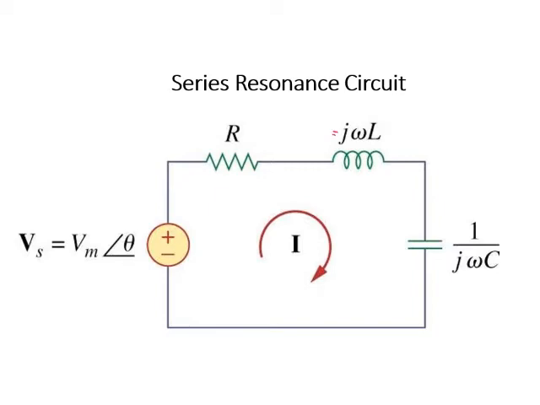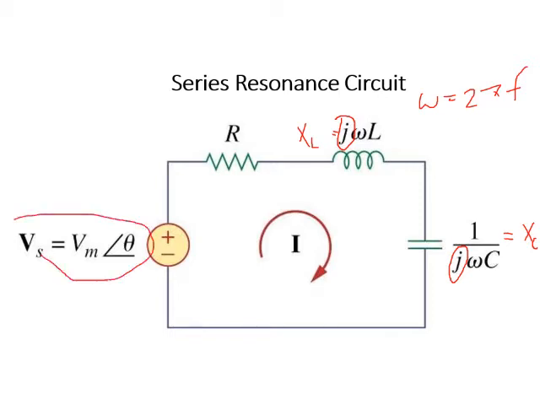Here, the reactance XL of the inductor is given by j omega L, where j shows that the current lags behind the voltage by an angle of 90 degrees in case of an inductor. Omega is the angular frequency, given by 2 pi f, where f is the frequency of the supply in hertz. The reactance XC of the capacitor is given by 1 by j omega C. Here j in the denominator shows that in case of a capacitor, the current leads the voltage by 90 degrees. When we apply a sinusoidal voltage, a current I flows through the circuit. This current I depends on the impedance of the circuit.